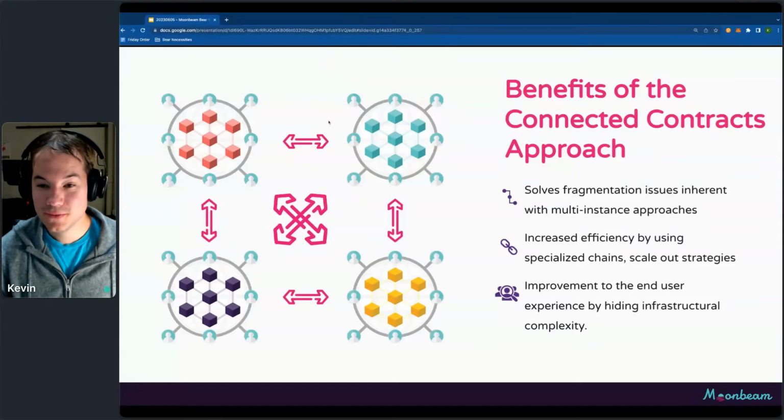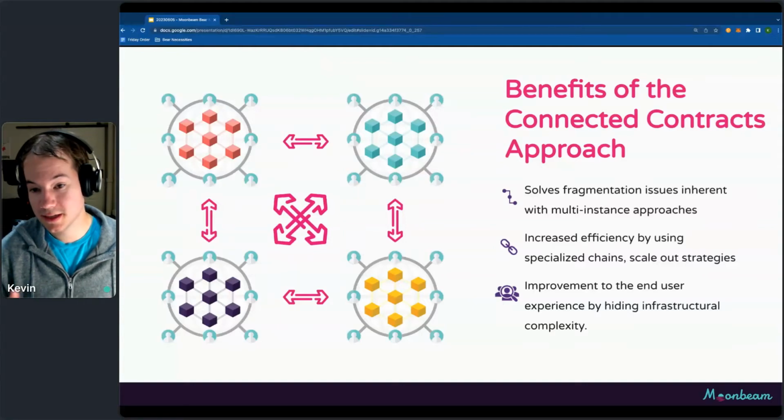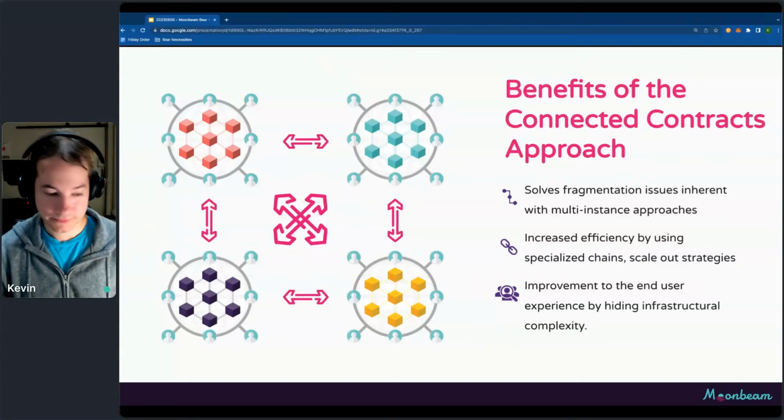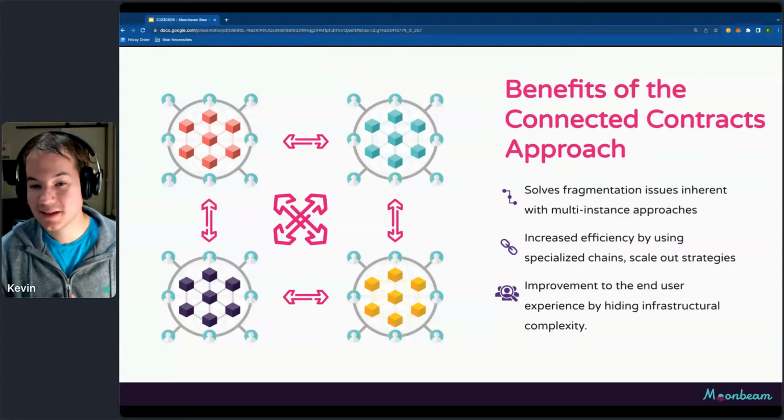And of course, you also have the ability to be more efficient because each chain can specialize in what it does best. So if your chain specializes in privacy, you don't need to bring a separate privacy solution to your chain. Instead, you can go and access it where it already exists. Let the privacy people specialize in the privacy and just access and tap into that functionality. And finally,